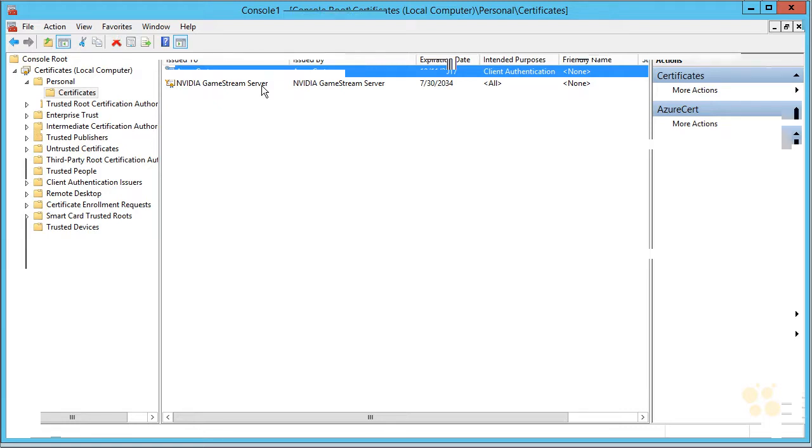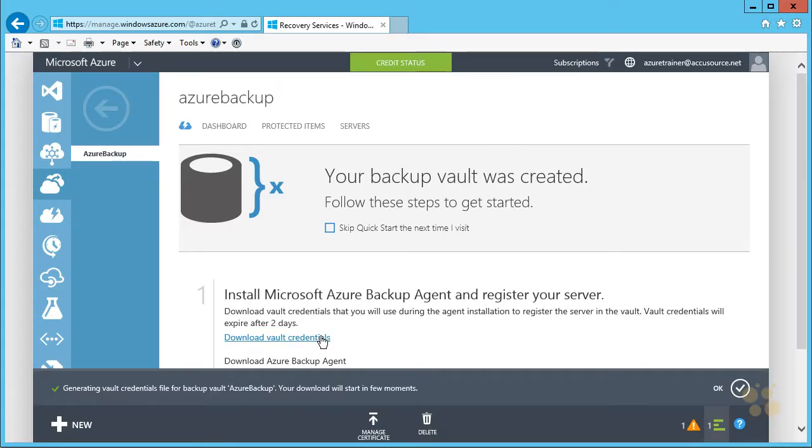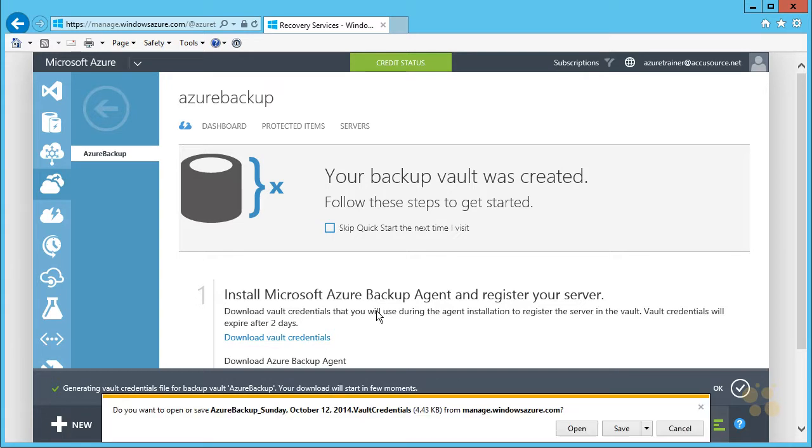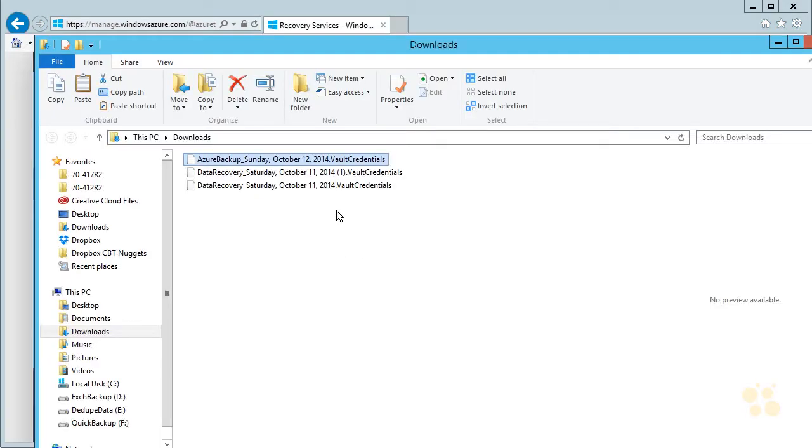certificate that I just uploaded. So these are not possible until you do have the certificate up there. So I'll download the vault credentials. It's going to give me a prompt here to download those. So I'm going to go ahead and save those. And then I'll open the folder here. And it looks like it downloaded them